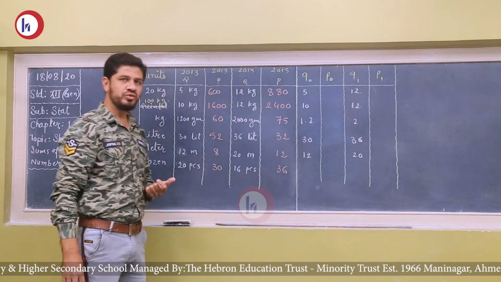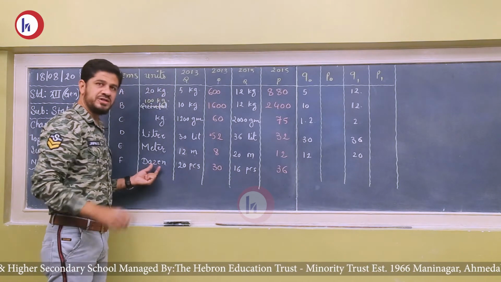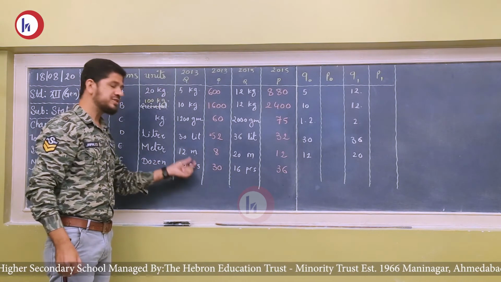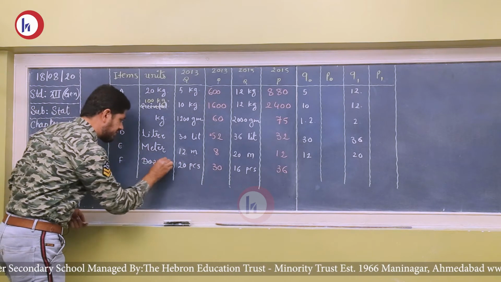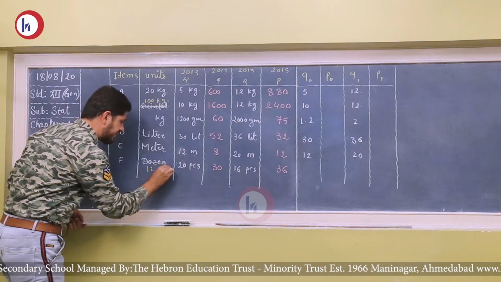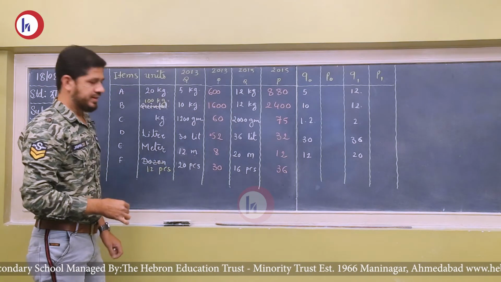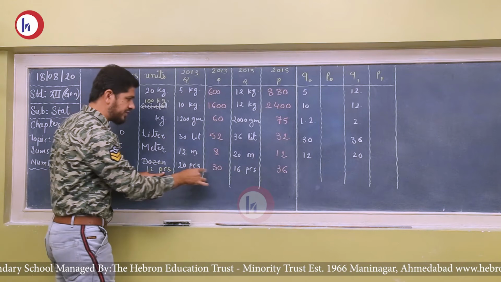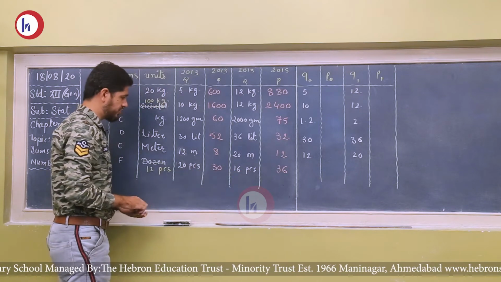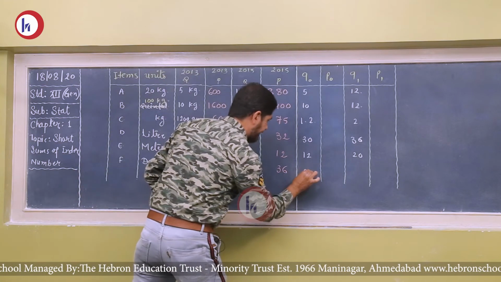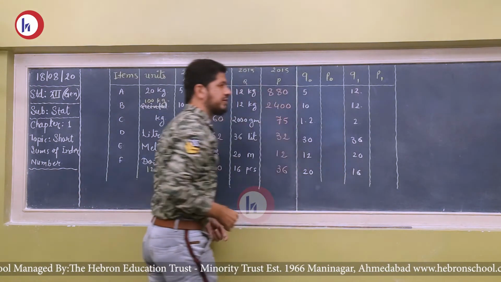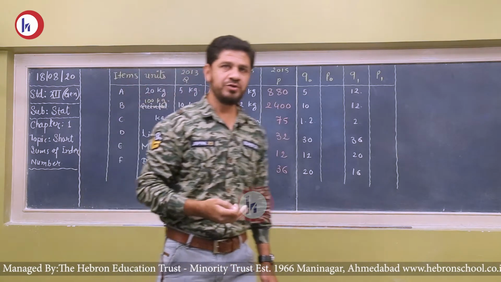So again we have two ways, whether to convert dozen into pieces or pieces into dozen. For our convenience, we convert the dozen into pieces, that will be 12 pieces. Now you can see the same units. So we will copy the value 20 and 20, 20 and 16. Okay, so we rectified the value of quantity.